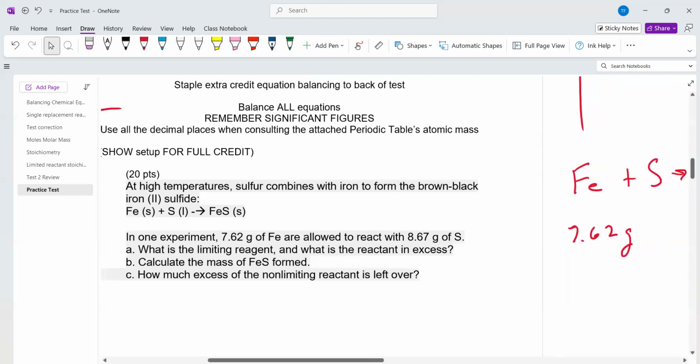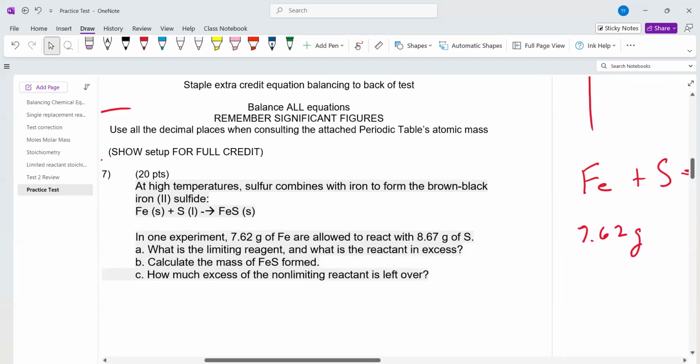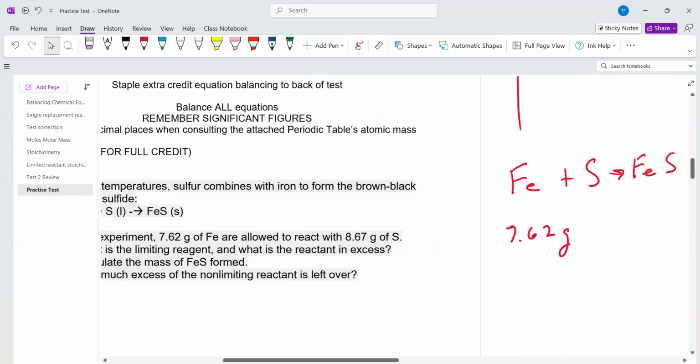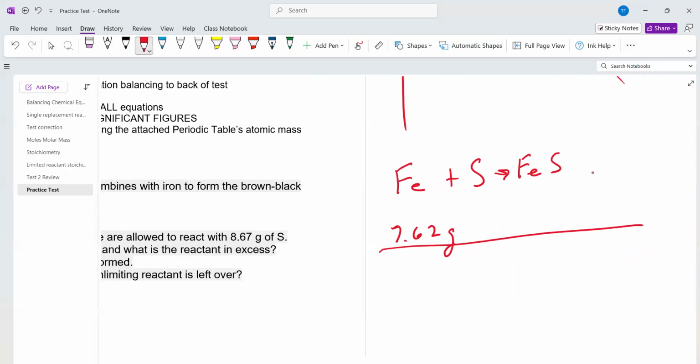Okay, and then we see, so we're looking at how much FeS is formed. Okay, everything is 1 to 1 to 1. The first thing we need to do is grams to moles. So this is for iron. Grams to moles. Okay, iron is